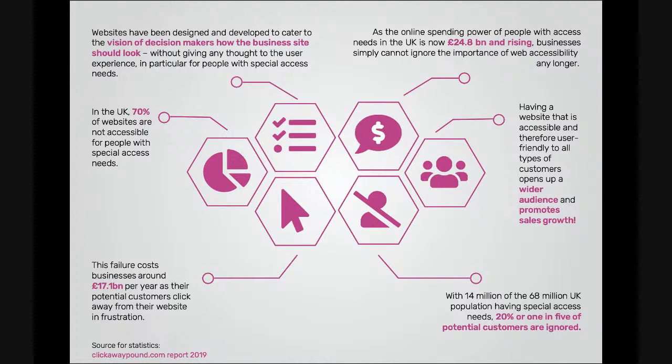So that is 20%, or 1 in 5 of potential customers that have special access needs. So when we see that websites have been mainly designed and developed to cater to the vision of decision makers, how the site should look, and without giving any thought to the user experience, in particular for people with special access needs, I guess it is not surprising that we have the 70%